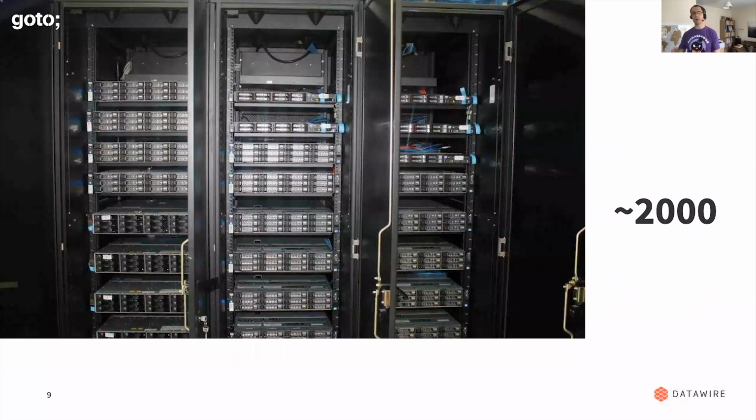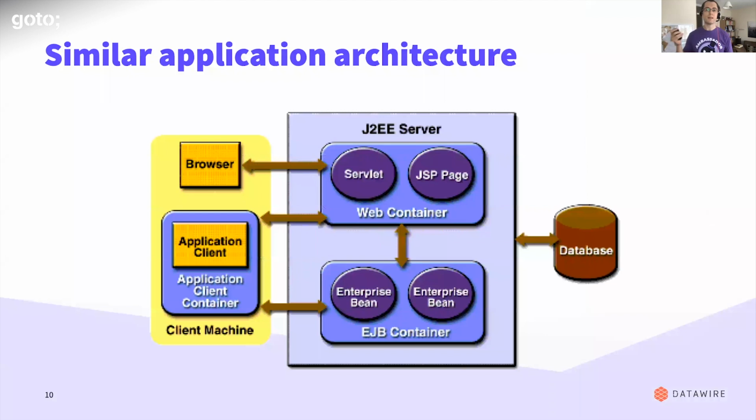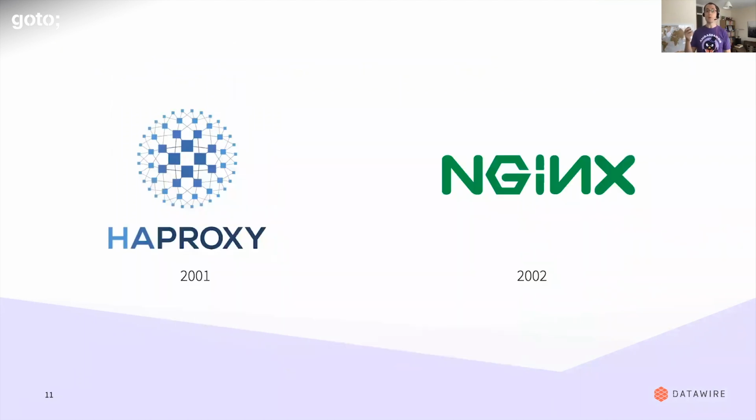In the 2000s, this is where I was in university, college. I was doing sort of a bit of consulting on the side. Still the same architecture. Seeing a lot of .NET, ASP.NET, a lot of Java stuff, front-end, back-end, database. But we saw the rise of software-driven edge technologies. Hat tip, HAProxy and Nginx, can you believe it? They've been with us pretty much 20 years, still going strong.